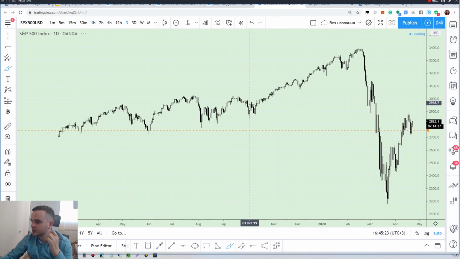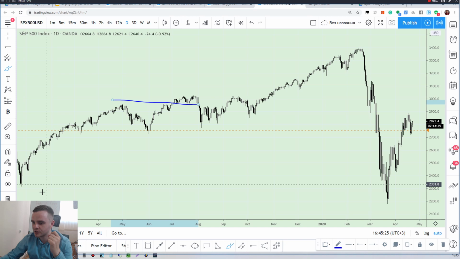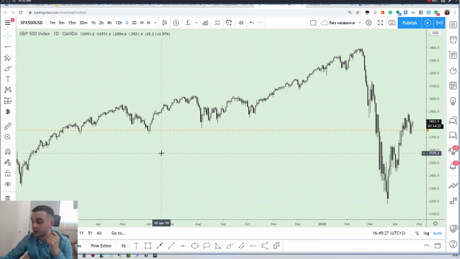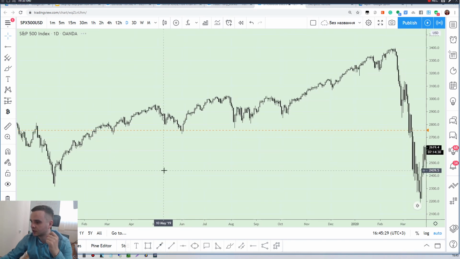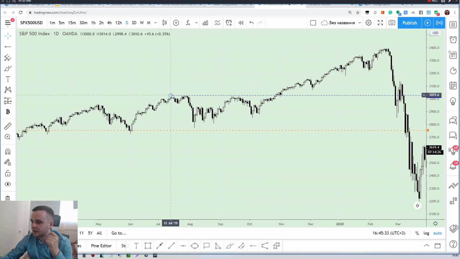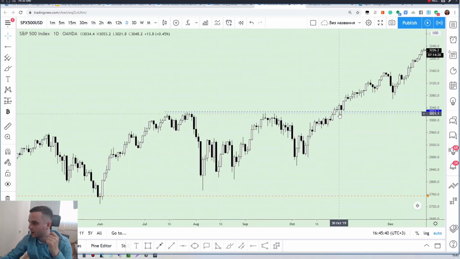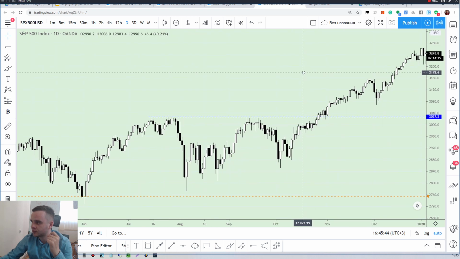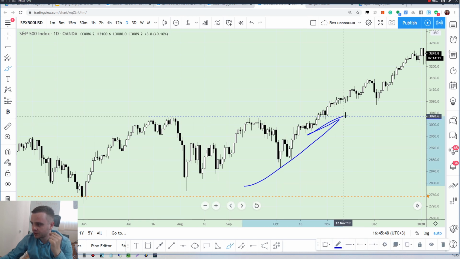Why? Because for example, maybe the most accurate mirror level which I saw in my life would be here on S&P 500. If you take a look here, take a look at this resistance, how accurately price bounced from it. And take a look here, the price broke it up, accumulated, false breakout, and after that rose up dramatically. That's why it's important to use it. The best would be to use it to follow the trend and according to key level.